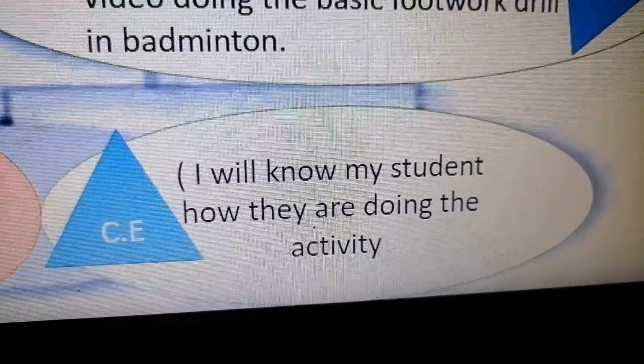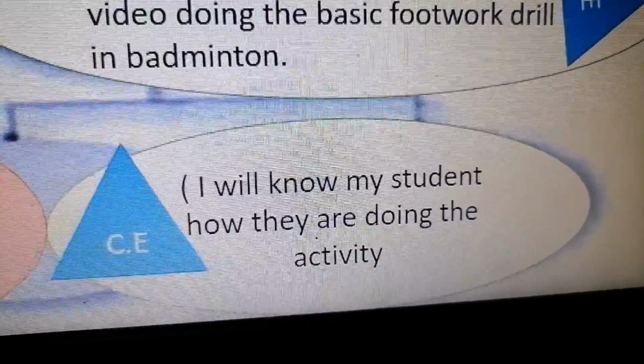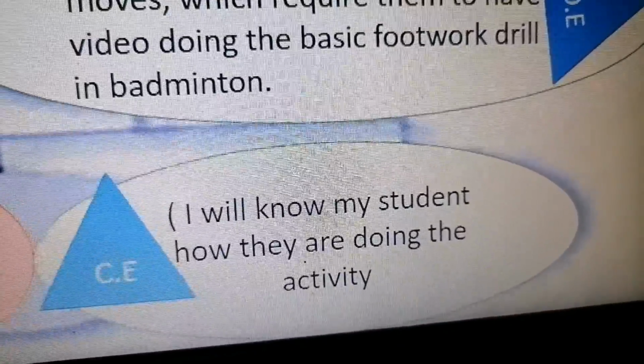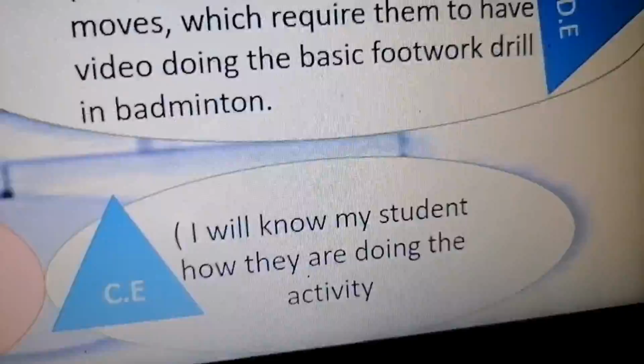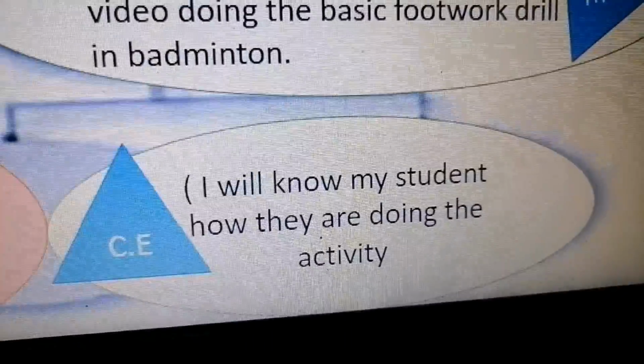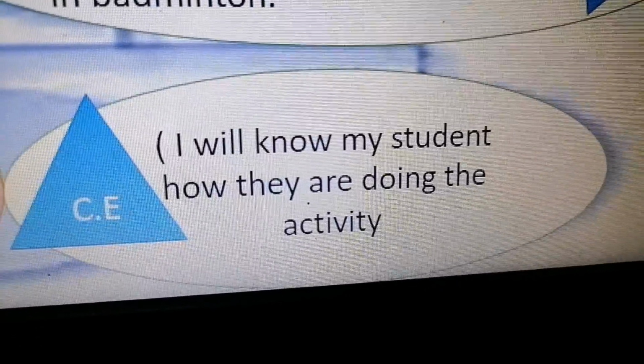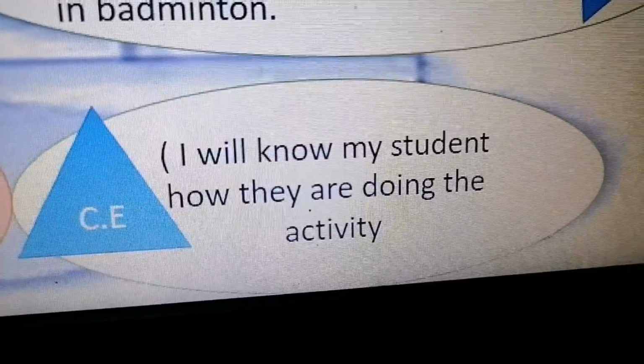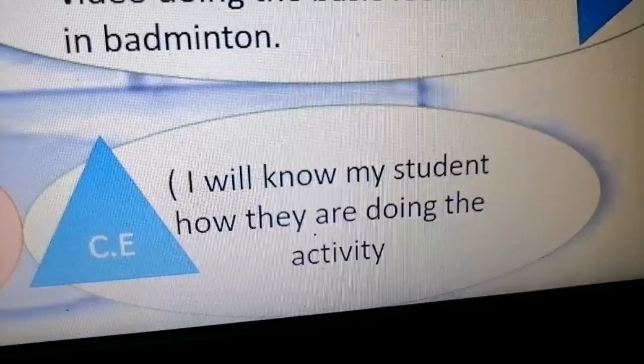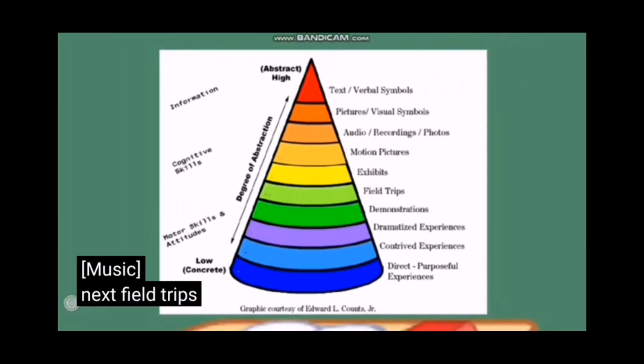They will have it on their own cameras, and I will observe them, and I will teach and advise them the right way. In that way I will know that my students are learning.